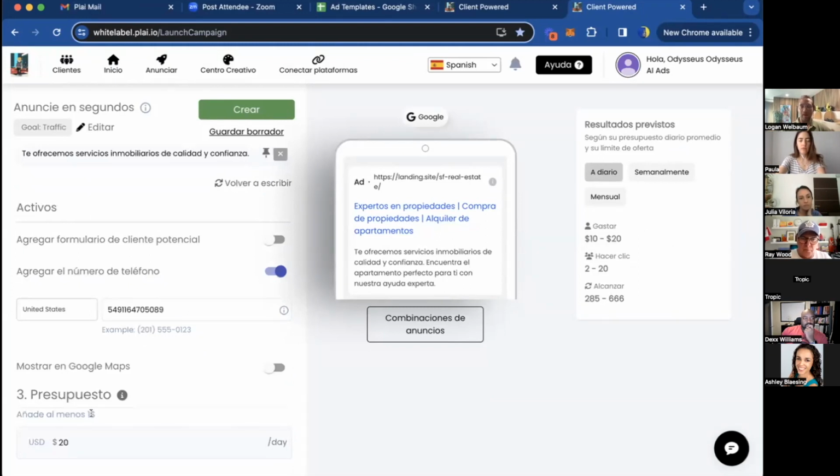The dollar symbol here is already going to match their ad currency on file of their ad account. So I'm in the US, so this is still going to be USD. If your clients have an ad account they set up in a different country, it's just automatically going to match their currency right here. But this is just something else that we launched for you. And then we have two more things, and we'll just open up to questions right after.